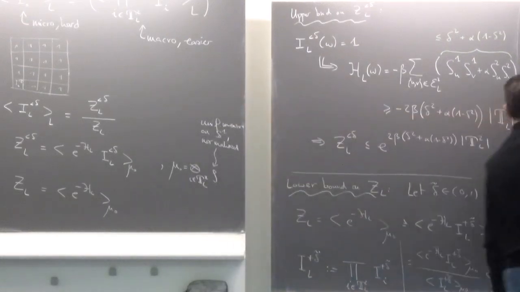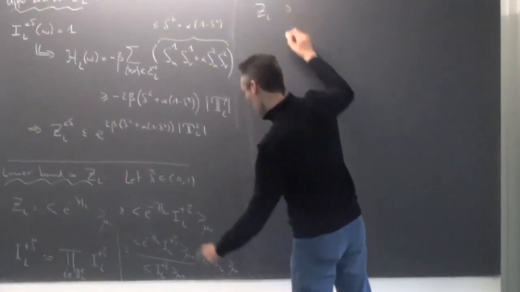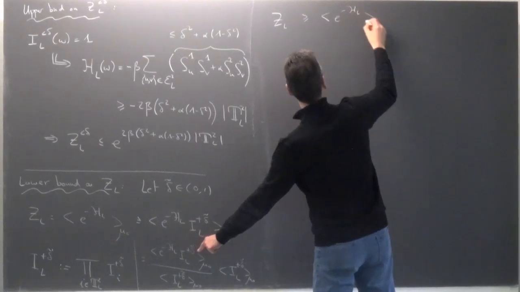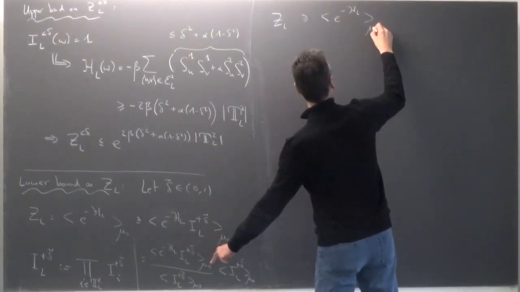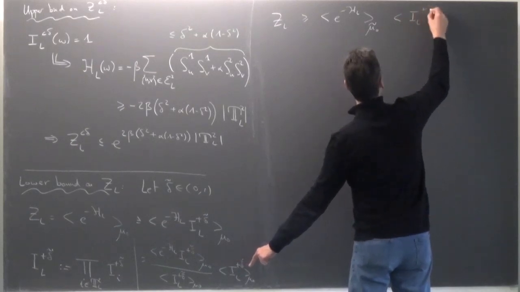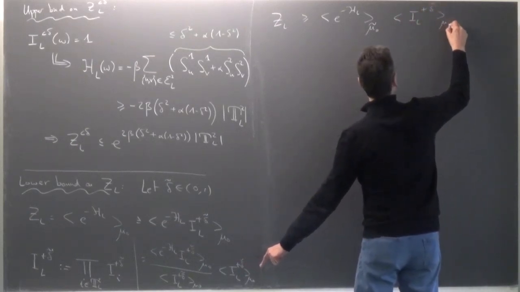So this is E minus H_L under something which I will call mu 0 tilde, and then I get this I_L plus delta tilde mu 0,